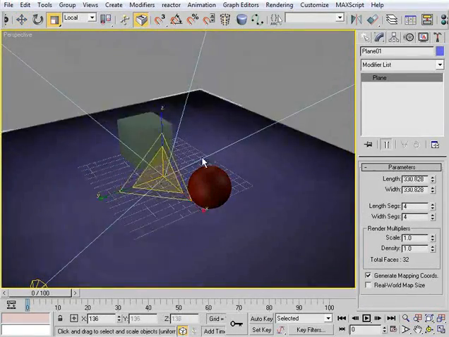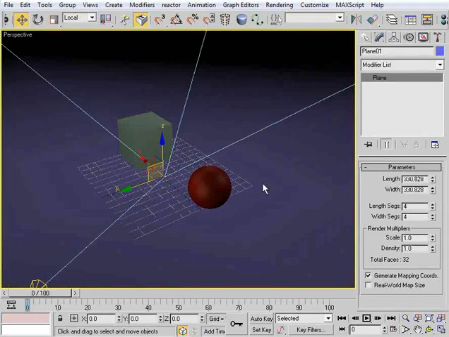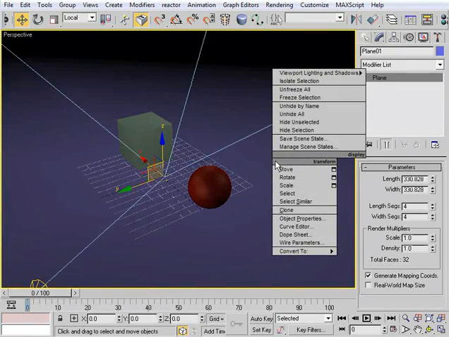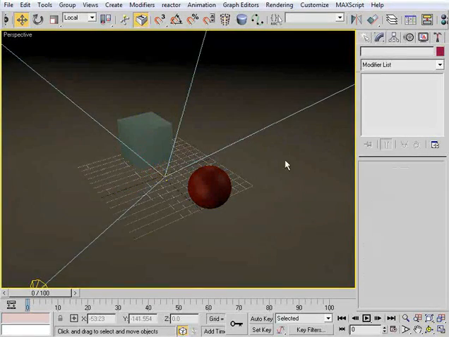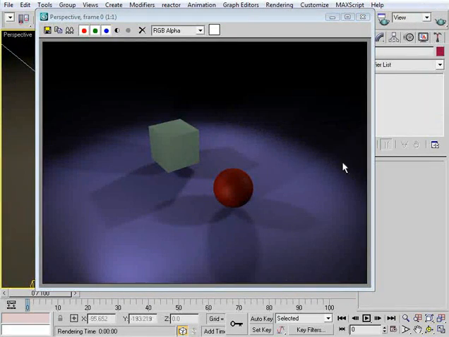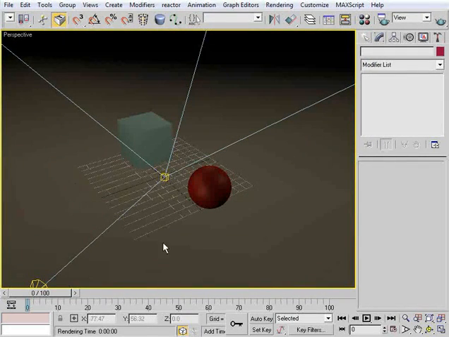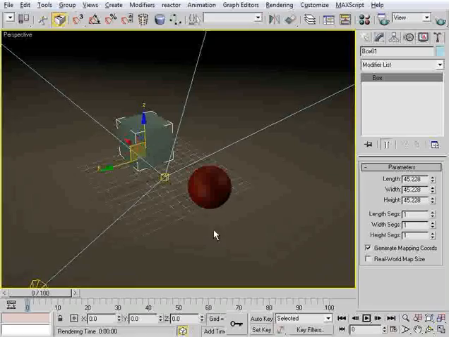use my scale here, and I'm going to scale this guy up all the way. And I'm going to right click. I have my plane selected, obviously. I'm going to right click and go Freeze Selection. So now I don't have to worry about picking on the ground anymore. It's not going to affect my render. It's still there. Everything's still working for us. I just don't have to worry about picking on that object anymore. Okay, so